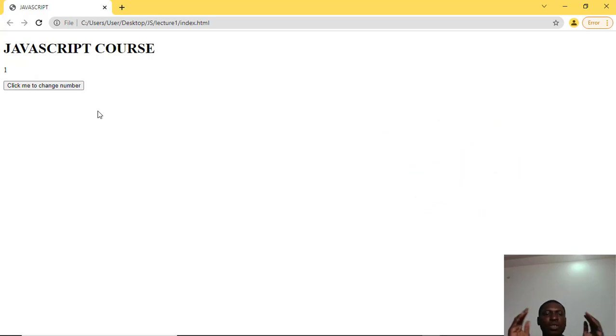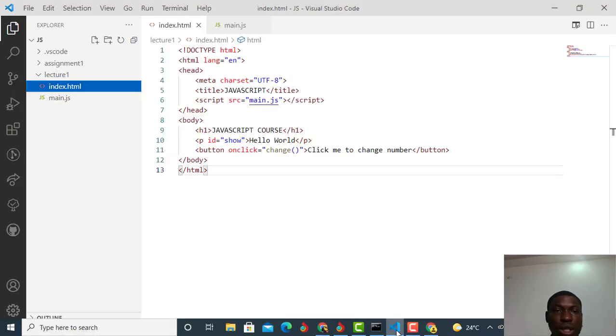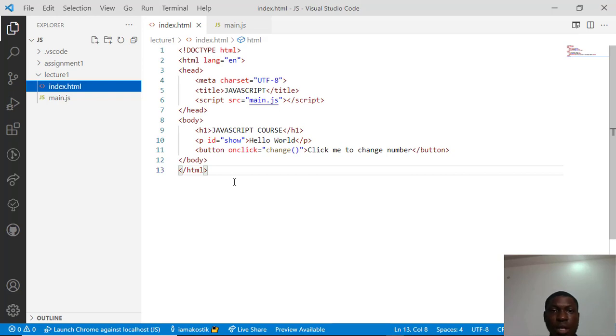So we've come to the end of this tutorial. For your assignment, I want you to work on this same code. This code is going to be available on GitHub. If you don't know GitHub, you can click the link in the comments to learn GitHub quickly so that you can follow exactly what we are doing.